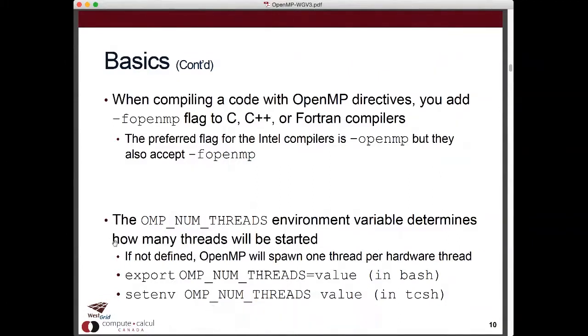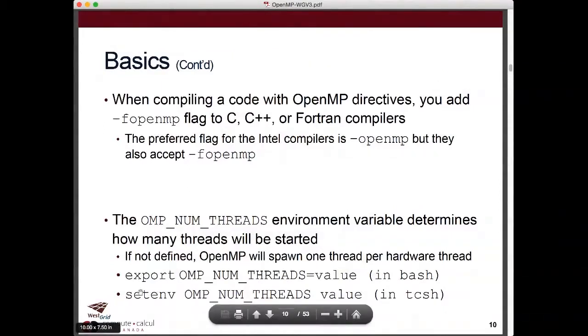It depends on whether you are using bash, which I will be using most of the time. You will use export with the variable OMP_NUM_THREADS equal to a value. As I said, the value will most of the time be 4, but for test purposes we will start with 2 or 3 or 4, and we will see if we are getting any speedup by increasing the number of threads that we are using